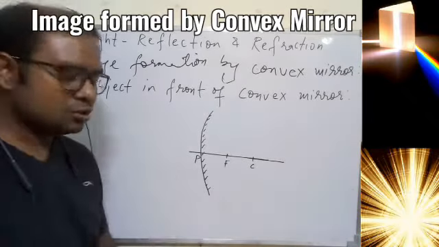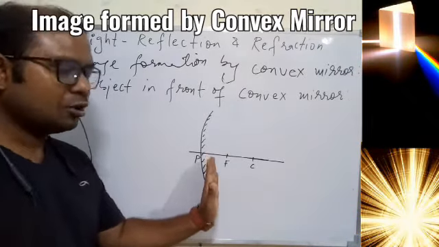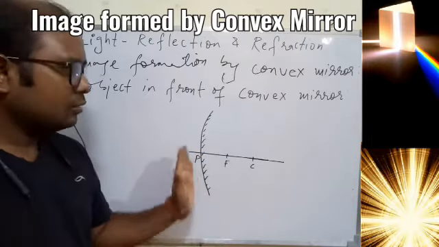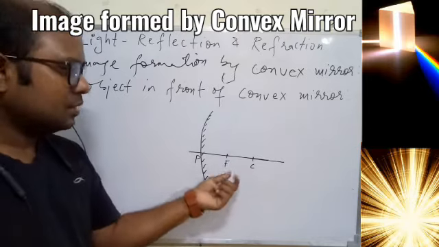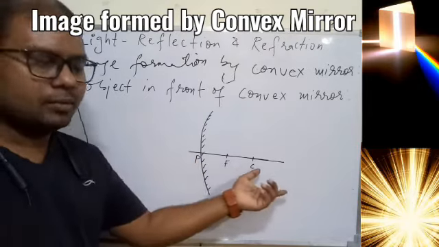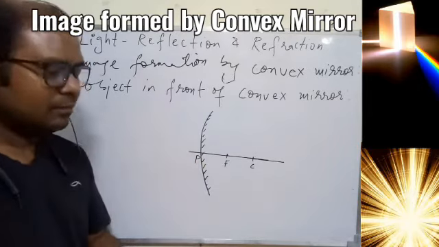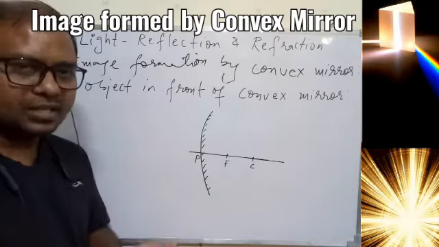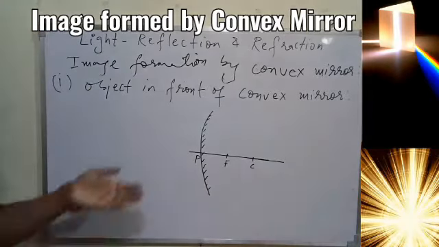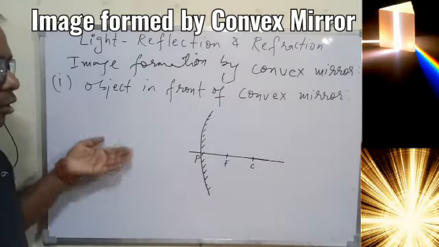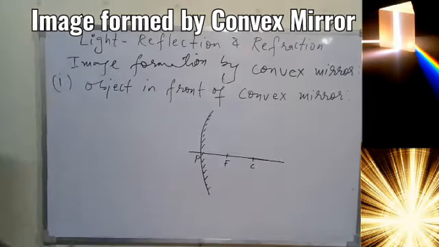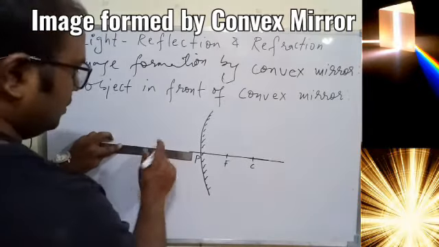I am repeating again. In the case of convex mirror, since the focus and center of curvature are behind the mirror, we cannot place the object on focus, at C, between F and C, between P and F, beyond C, because if you place something behind the mirror, it makes no sense, so it cannot form the image. That's why for the convex mirror we have only two cases, that is anywhere in front of the convex mirror or the object at infinity. So we'll do the same thing.